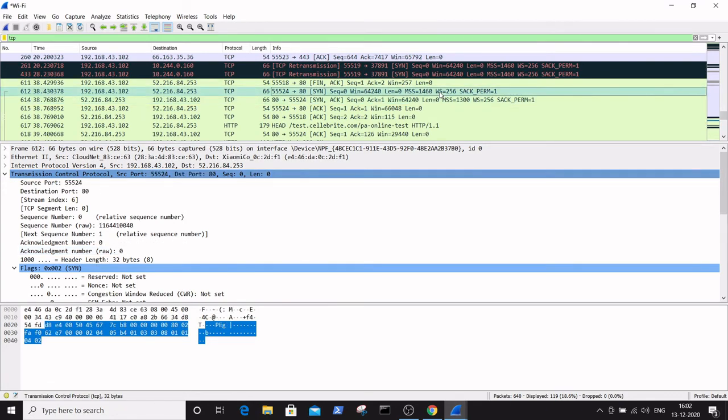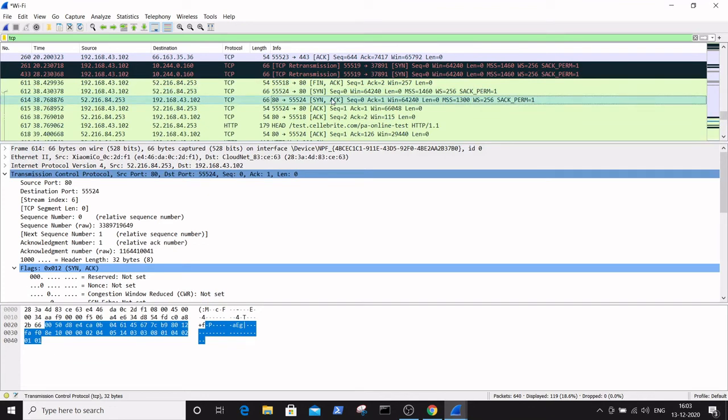Up to now we discussed the SYN flag packet, that is the starting stage of the connection establishment from the client to server, and the second step comes from the server to client, that is the SYN ACK flags.